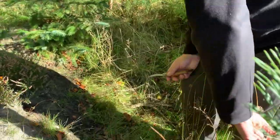We've been looking for some of our favourite mushrooms called hedgehog mushrooms, and we finally found a little patch. We actually think that there's been some fairly thoughtless foragers through here in the recent days, because we've found nothing but overturned mushrooms all over the place, so been a bit disappointed. However, we have found a little spot of hedgehog mushrooms and we'll show you them now. So here,